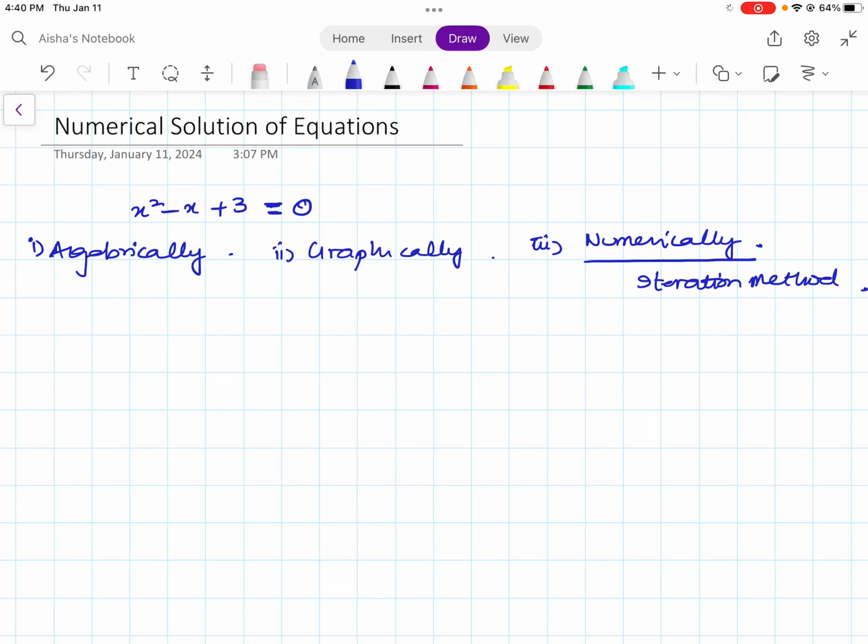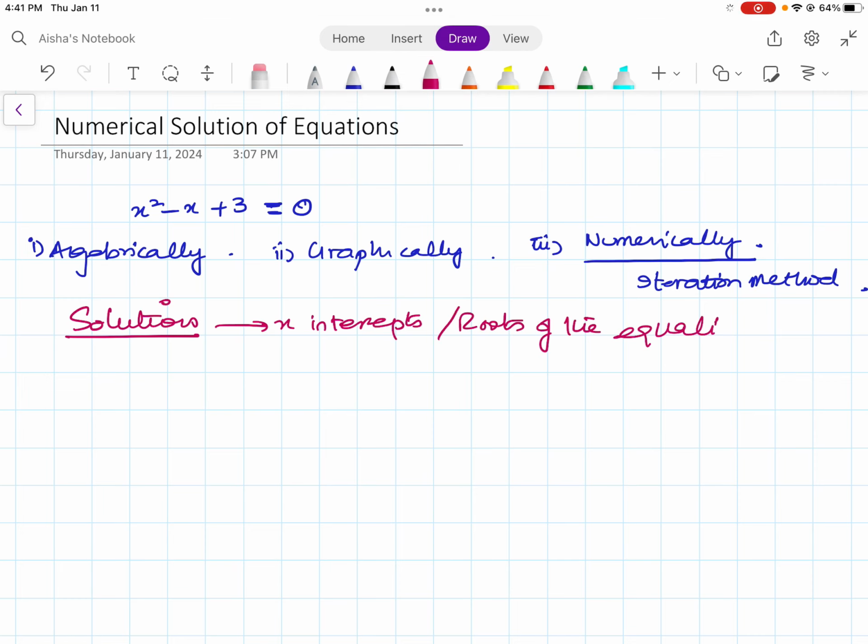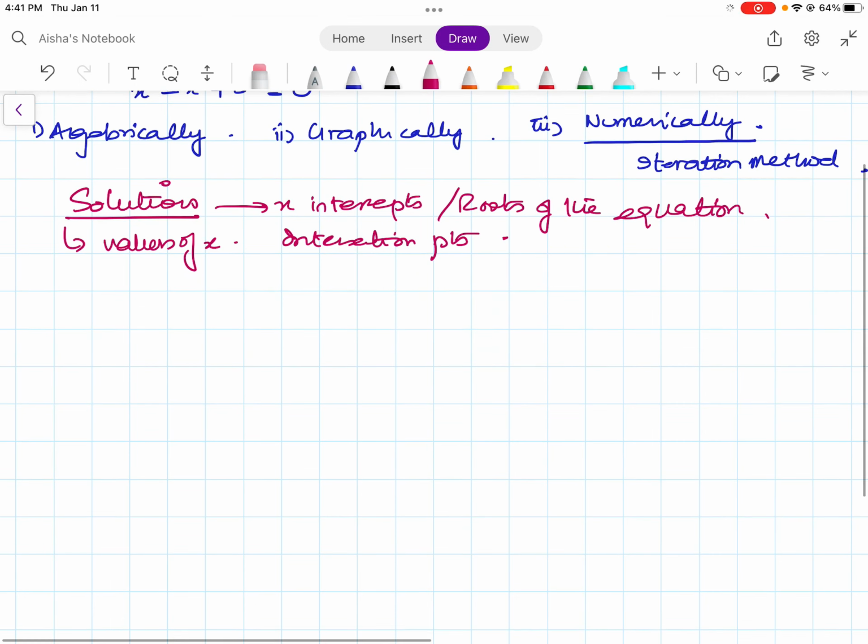Now, what is meant when I say solutions? Solutions means x-intercepts, also known as the roots of the equation, or intersection points. Solutions are always values of x. Make sense? Okay. When I say roots,